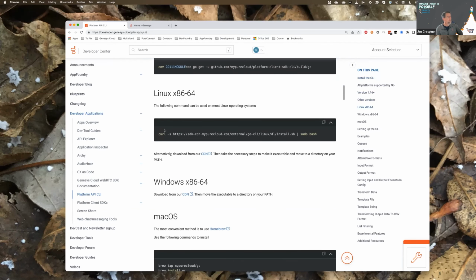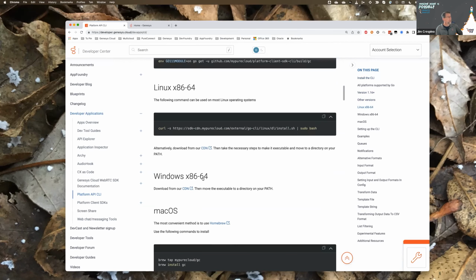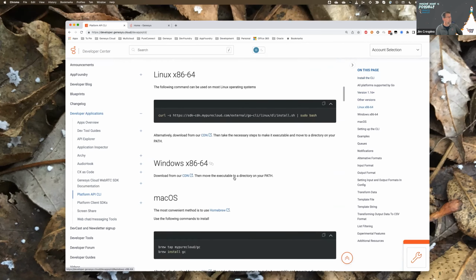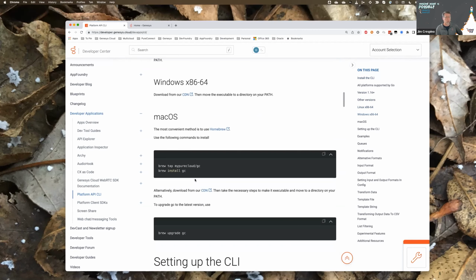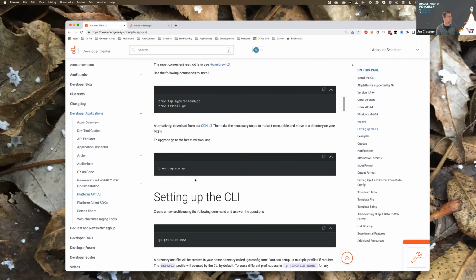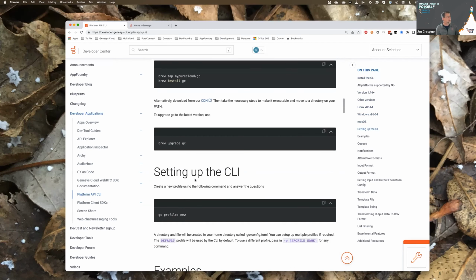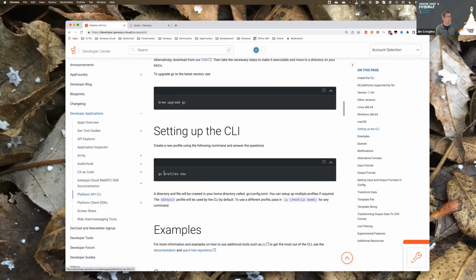But if you're on Linux, here's how to use curl. Here you can download it and install it for Windows, and for Mac you can use Brew. I'm obviously on a Mac, so I used Brew. I got that set up, and then you can set up a new profile. The profile is going to ask you a handful of questions. Really, what it wants to know is, what is the OAuth client ID and secret that I should use to execute